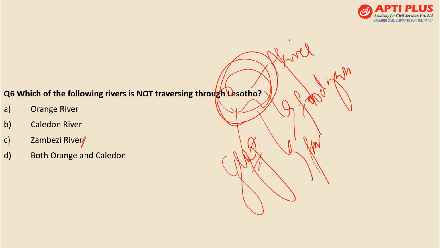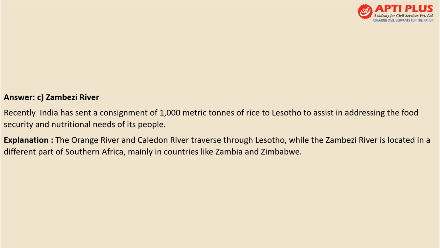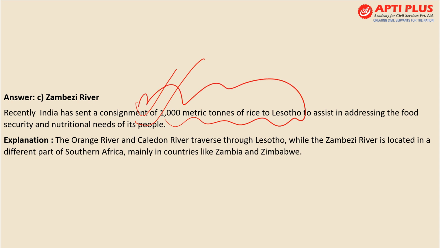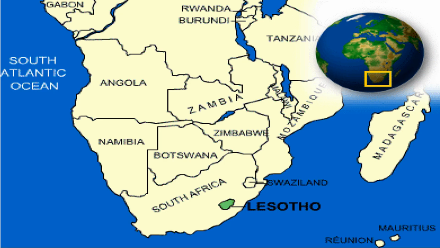तो आंसर इज सी, जाम्बेसी। जाम्बेसी आपकी अलग जिम्बाब्वे रीजन से निकलती है, लिसोथो बहुत नीचे आता है, तो हमें लिसोथो की लोकेशन देखनी है। अभी इंडिया ने एक नया कंसाइनमेंट भेजा है 1000 मेट्रिक टन ऑफ राइस का टू लिसोथो फॉर द फूड सिक्योरिटी ऑफ दिस रीजन। लेट्स सी द लोकेशन ऑफ लिसोथो।